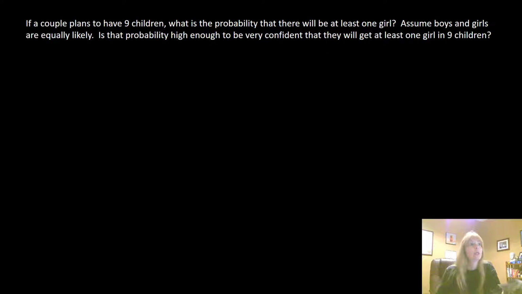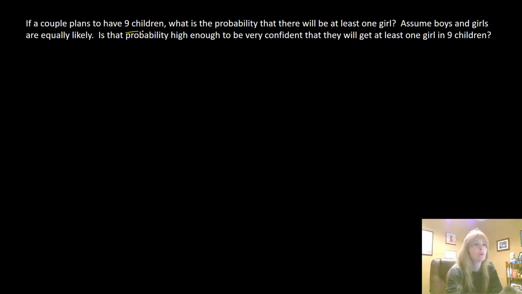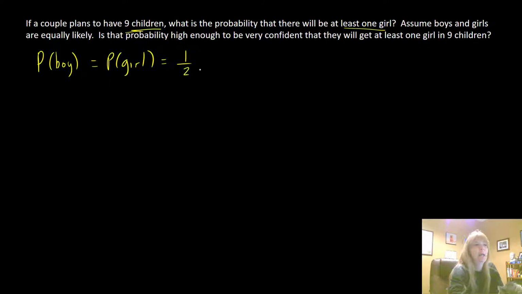Right, so we're looking at probabilities, and hopefully you are learning that you don't want to gamble. It says a couple plans on having 9 children, so a total of 9 children. What is the probability that there will be at least one girl? We're assuming the probability of a boy and the probability of a girl are equally likely, meaning 1/2. And then it says, is that probability high enough to be very confident that they will get